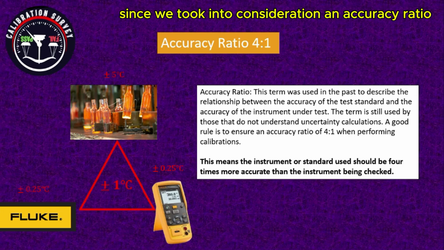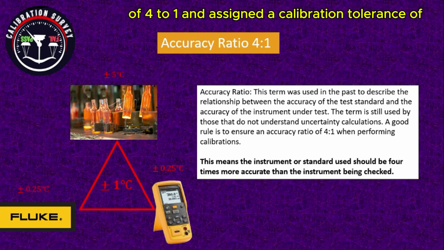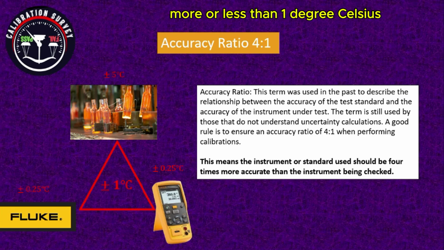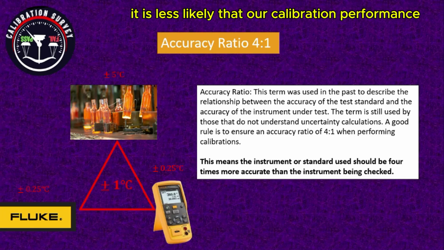Since we took into consideration an accuracy ratio of 4:1 and assigned a calibration tolerance of more or less than 1 degree Celsius to the process instrument, it is less likely that our calibration performance using